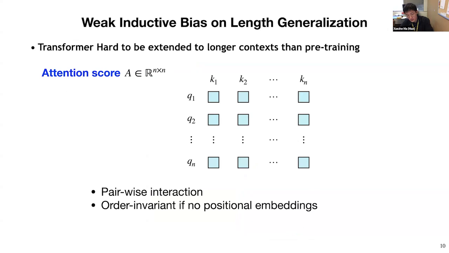The problem is that for the transformer, the only positional information comes from the positional embeddings. If some positional embeddings have not been trained during training, the model may become unstable. This makes the transformer even harder to apply in practice, because sometimes we need to apply a pre-trained model to longer context.